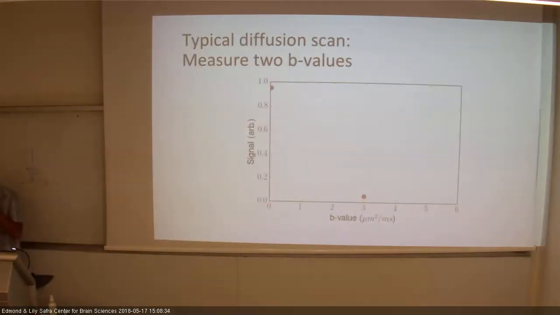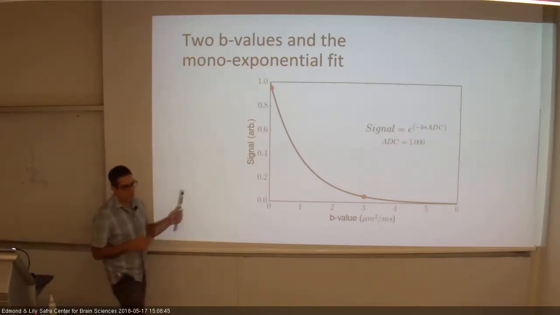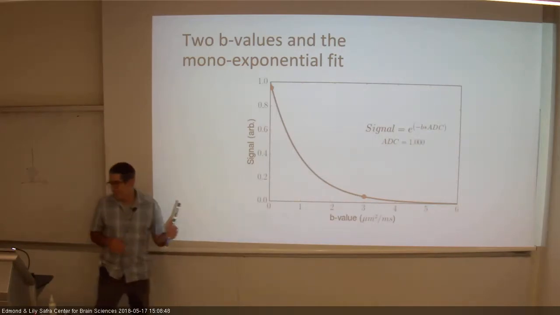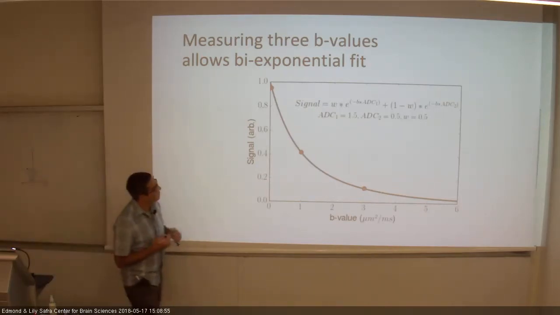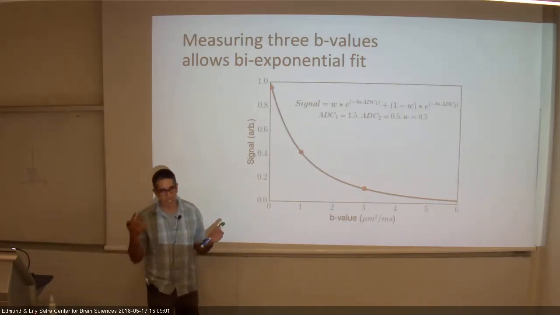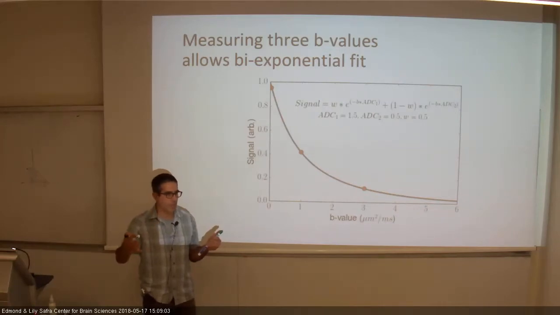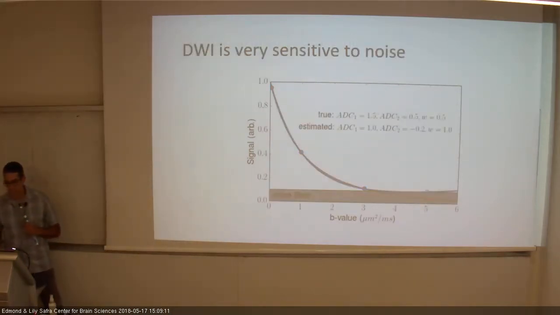Okay, just to emphasize the problem of SNR, say we have 2 points and we fit an exponent. That's kind of like what we did before with the tensor. Now I'm going to assume I have more measurements, and I'm going to fit more than one exponent. Essentially, that's what I said before. Say I'm measuring in several b-values, and I'm going to fit more parameters now. What happens is that as I'm getting close to the noise,